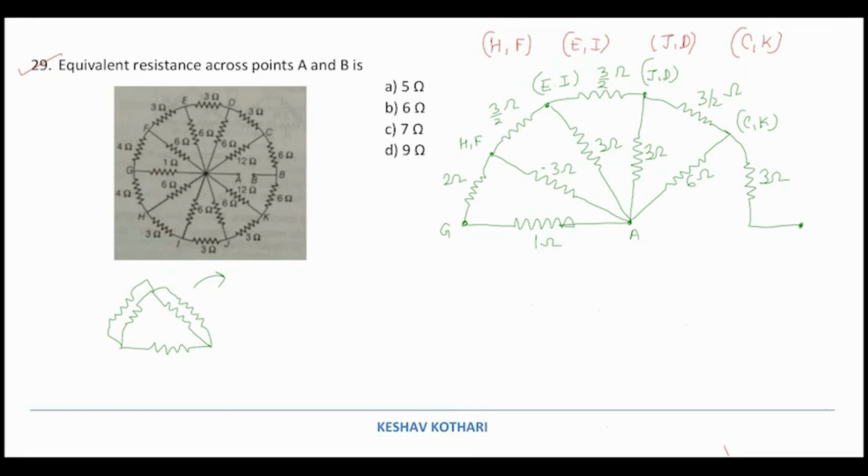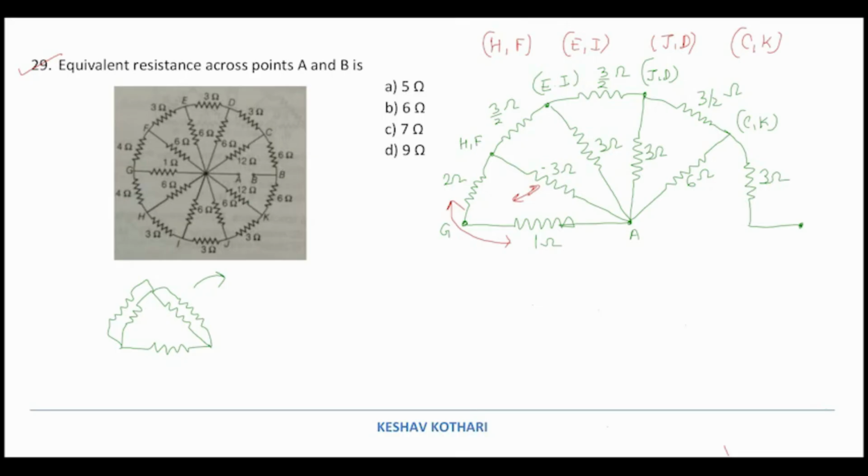Now we start solving it. We say that these two are in series with each other, will give us 3, and this 3 and 3 will give us 3 by 2. Again this 3 by 2 and 3 by 2 will combine together to make it 3, which in parallel with 3 will become 3 by 2. So again 3 by 2 and 3 by 2 will make it 3, which in combination with 3 will give us 3 by 2. Again 3 by 2 and 3 by 2 will make it 3, which is in parallel